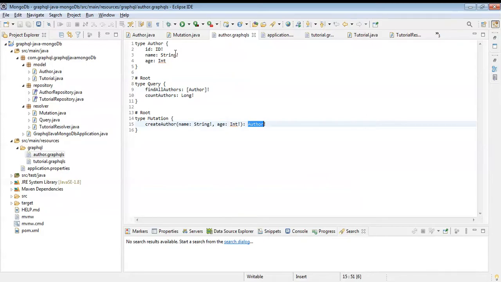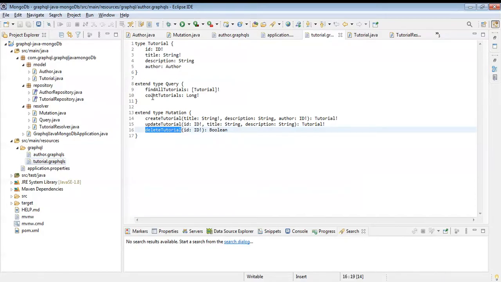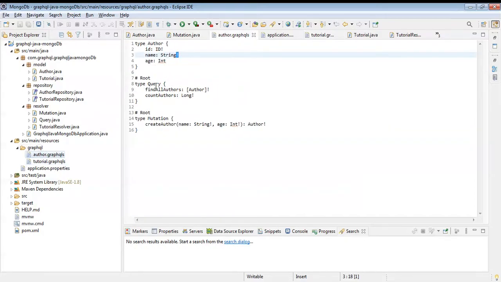In some of these return types, you can see the exclamation mark. An exclamation mark means that these fields cannot be null. Now, coming to the implementation of these schemas, you can see the different types here and also in the tutorial: the query types and the mutation types. Query types are used to fetch data, and mutation types are used to create, update, or delete data. Actually, they are used to manipulate data.